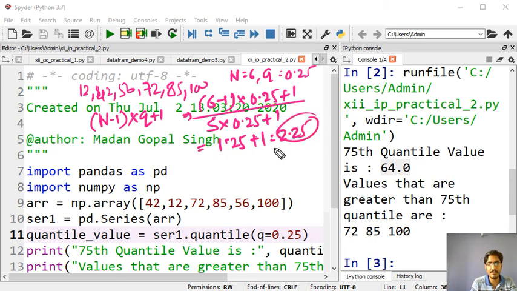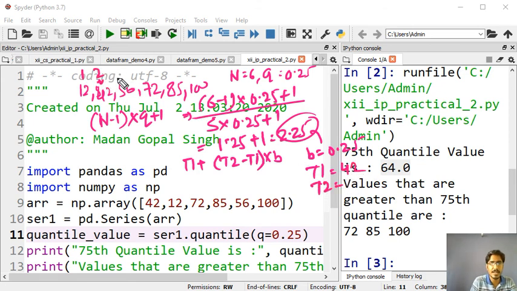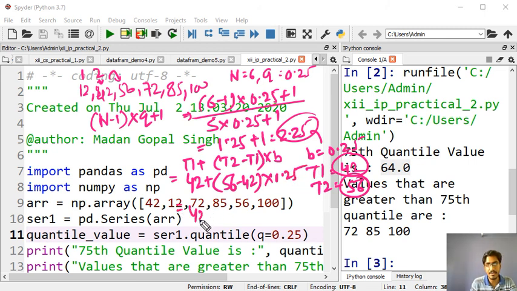Now we will apply the formula T1 plus (T2 minus T1) into B, where B is 0.25. T1 is the second term, 42, and T2 is the third term, 56.